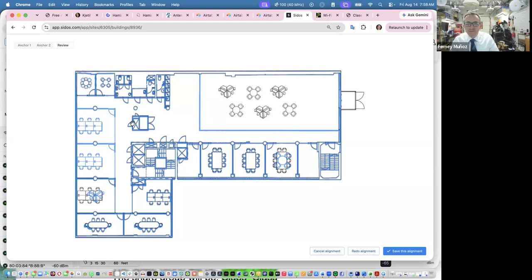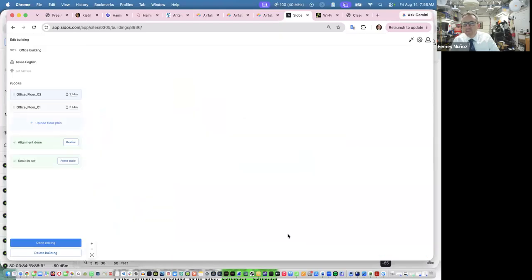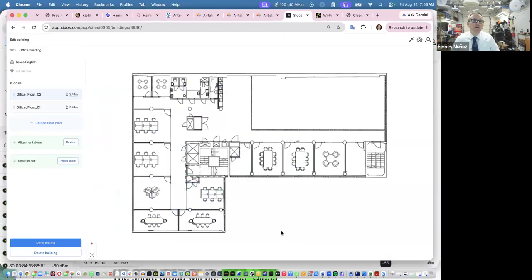The blue area, that's floor 2. And then that kind of shows them overlaid one on top of the other. And if they match, then it's like, yeah, save these alignment points. I have now created a building. If I go to done editing,